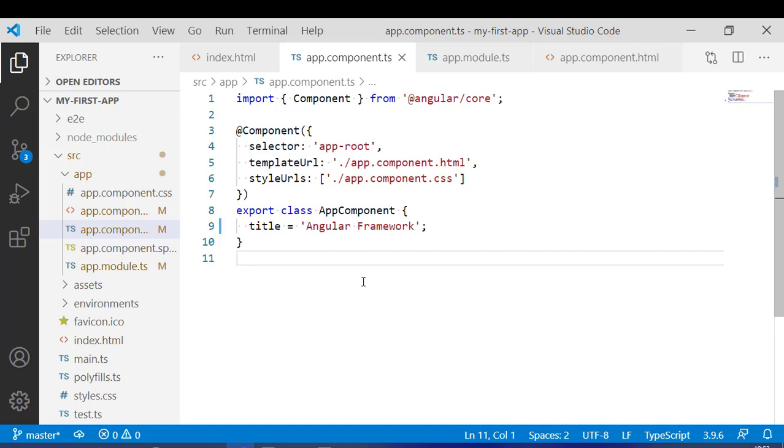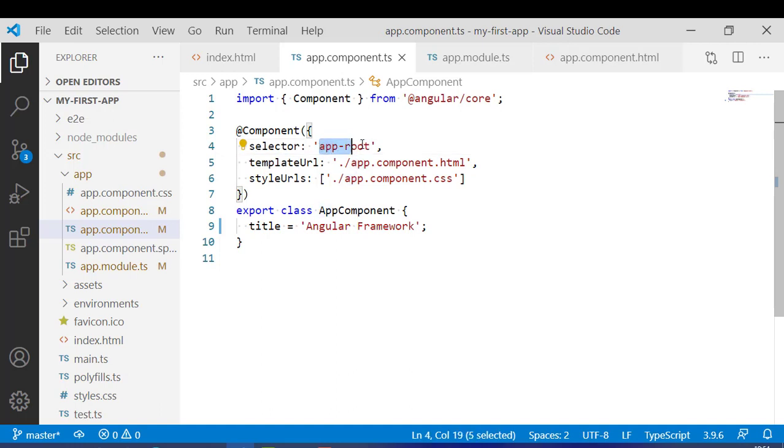Hello everyone. In this video, we will try to understand how to create Angular components. You already have seen the root component which is by default created when you create the Angular project, which is actually app component. If you observe the app component, you can see there is an export keyword. On top of the class there is a component, which is a decorator, and inside the component there are a few things mentioned, which is a selector, a tag name, a template URL which is the HTML file location which has